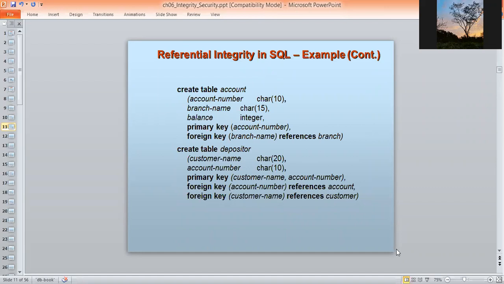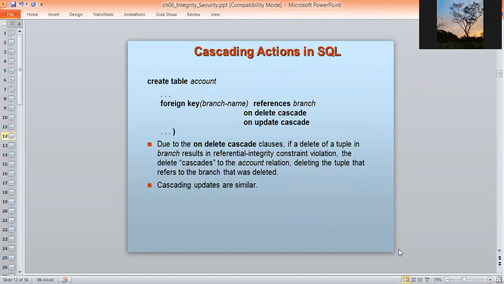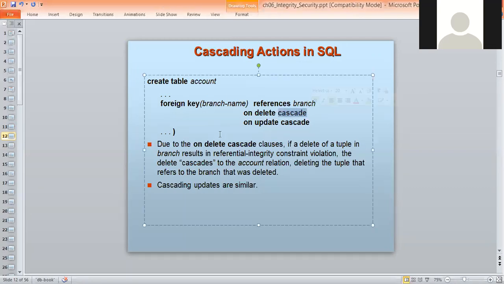So now, cascading actions in SQL: create table account, foreign key branch name references branch, on delete cascade, on update cascade. What does this clause cascade mean?